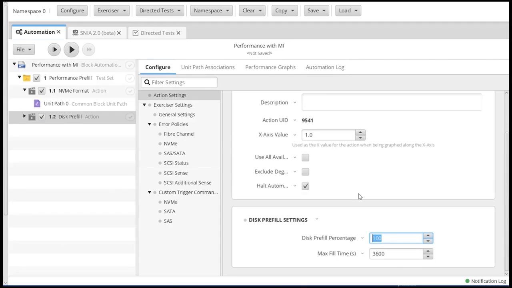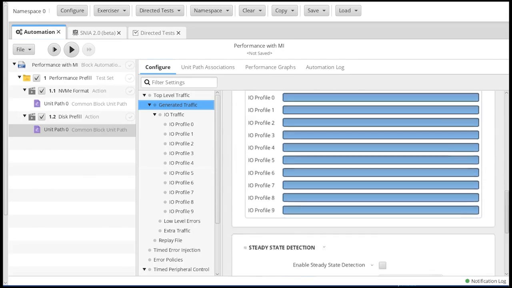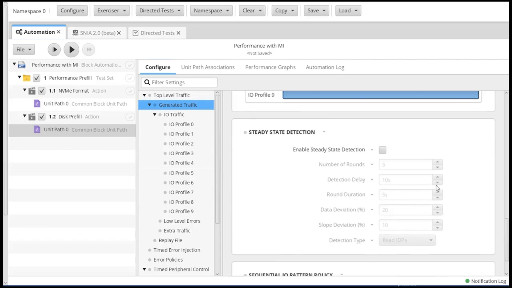So there are 3 different ways you can do disk prefill. You can do it by a percentage, which we're going to do. We're going to say 200%. Oakgate will use whatever it hits first. So I'm going to add a couple zeros on max fill time, so it doesn't hit that before the disk prefill percentage. And then the other way that you can do it is by using steady state, if you want to use that.